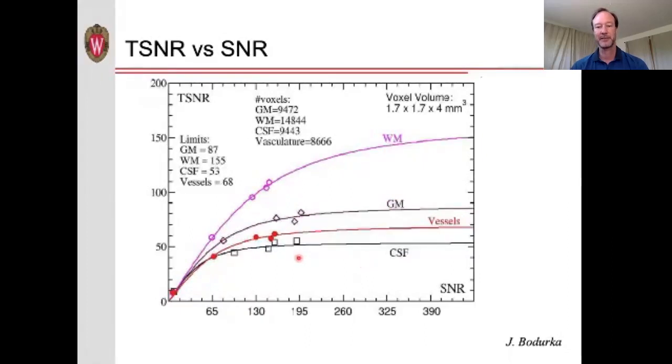The reason I bring this up is because for a lot of the common imaging parameters, we're sitting out here in this region of the plateau. And therefore, if we were to go to higher field strength or get a better RF coil, we're really not increasing our temporal SNR very much, even though we have an increase in the spatial SNR. However, what we could do is go to higher resolutions, for example, or enable parallel imaging with relatively little loss of temporal signal-to-noise ratio, even though the spatial signal-to-noise ratio is decreasing. So these are just some important things to keep in mind about signal-to-noise ratio, in particular